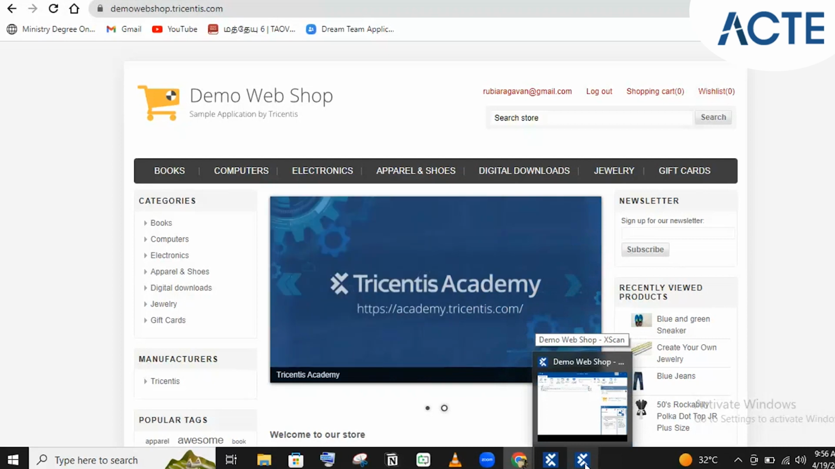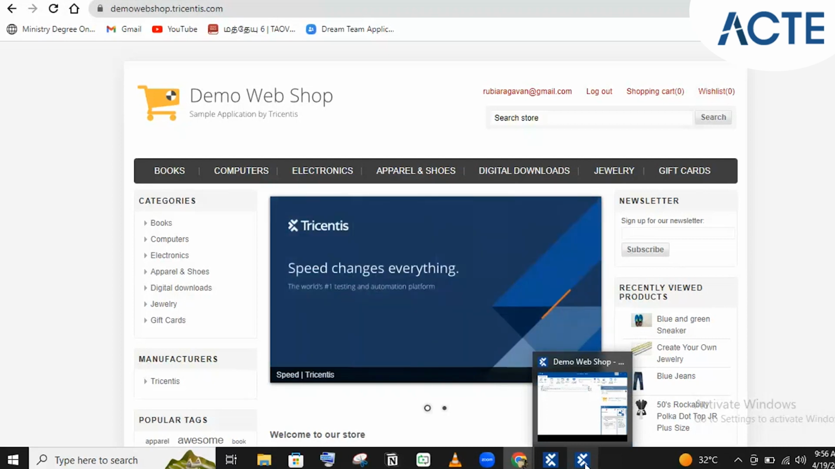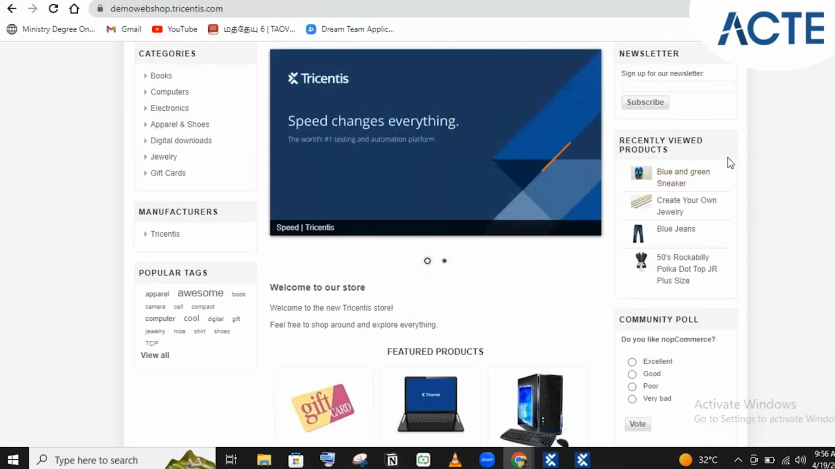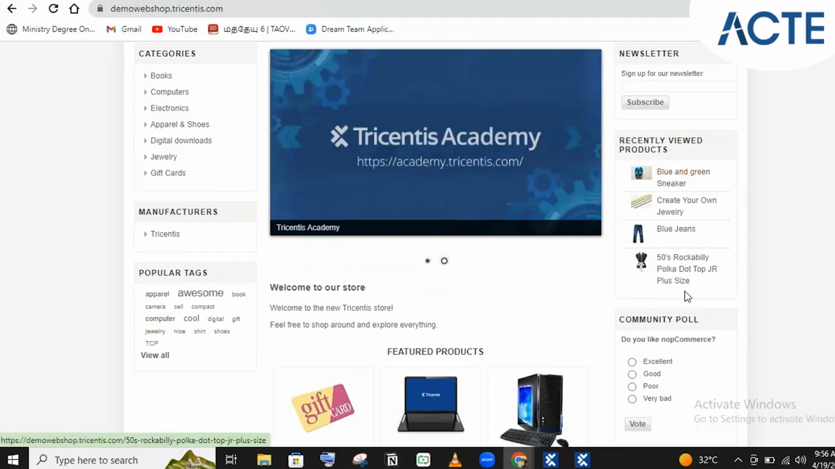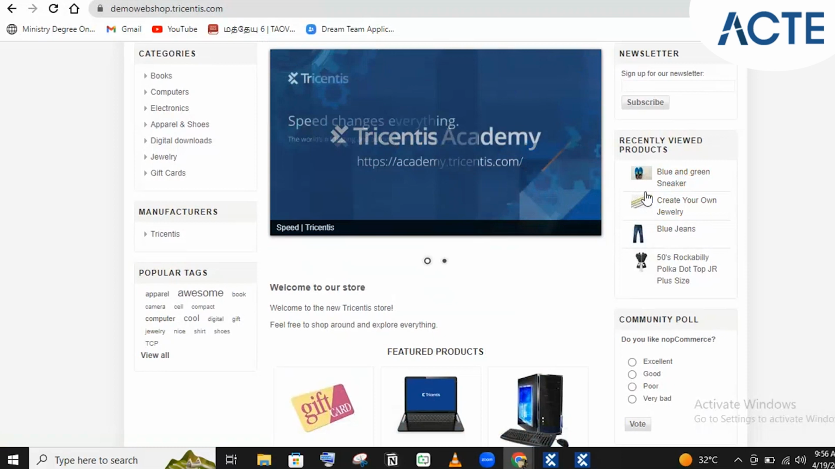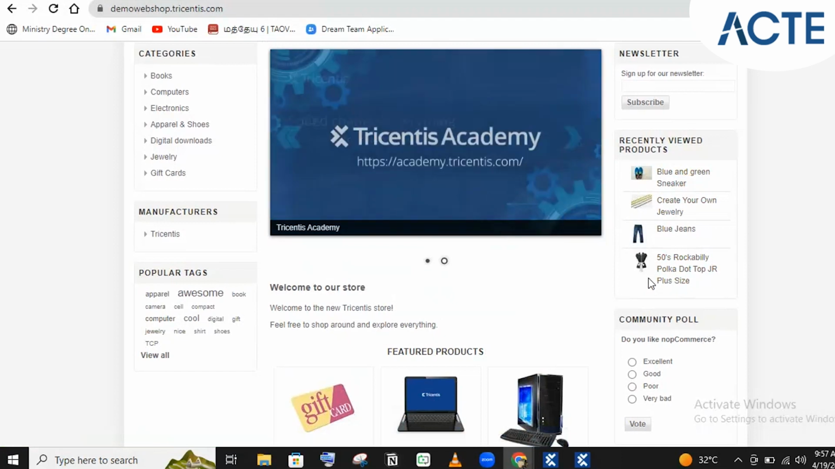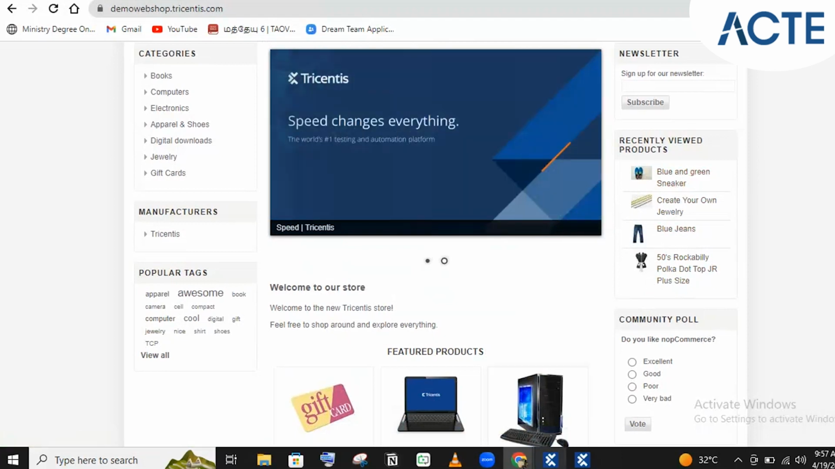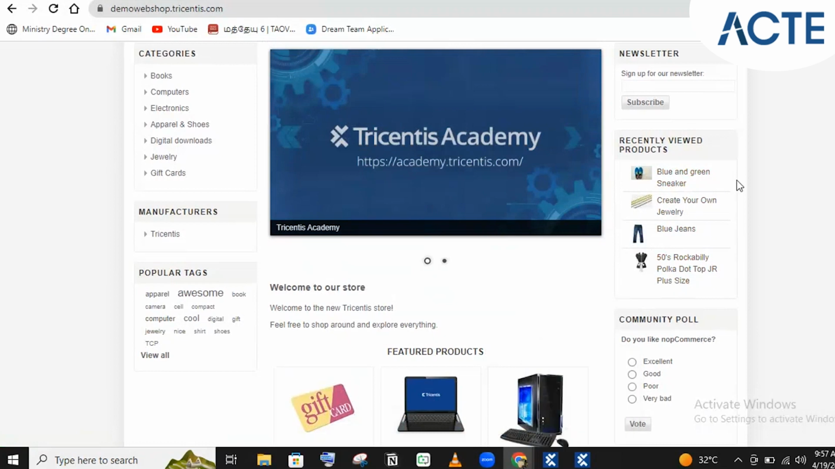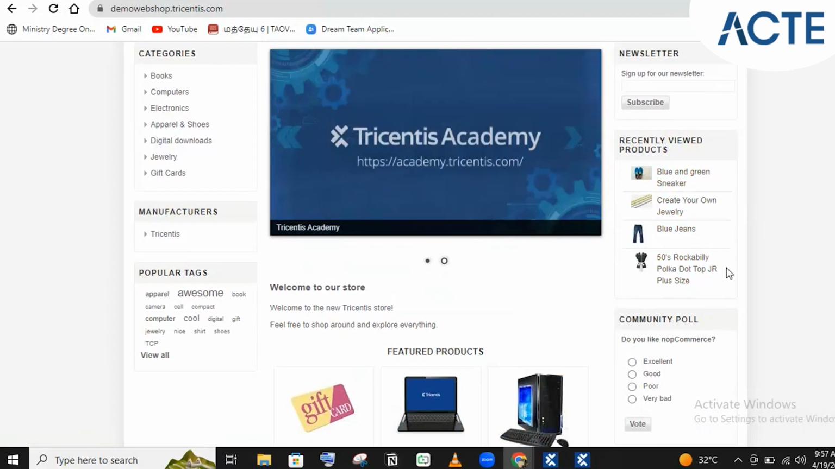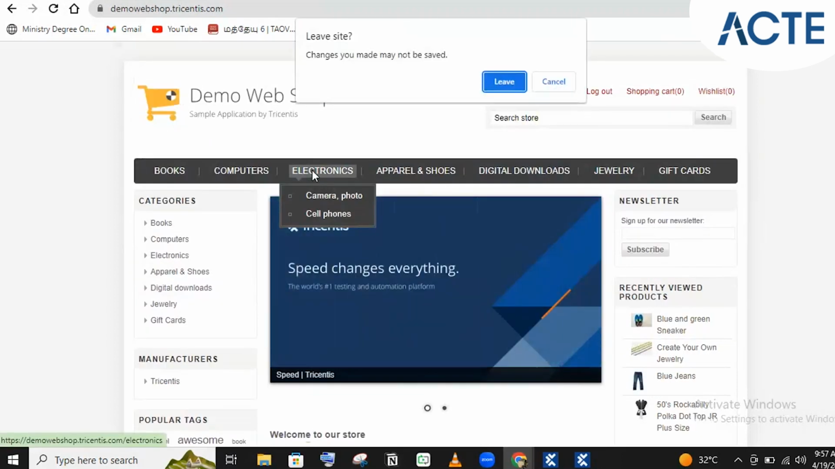In some scenarios we can use this index method. I'll give one example. Here we have recently viewed products. The links that are present under these recently viewed products are dynamic, which means they vary every time I visit some product. Now the blue and green sneaker product is present in the first place, and then I have create your own jewelry and other links. If I'm going to any other page,